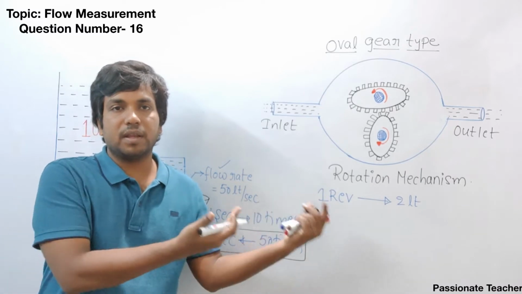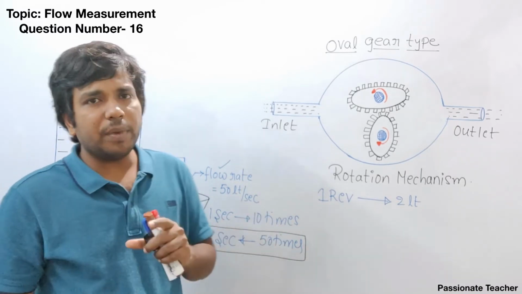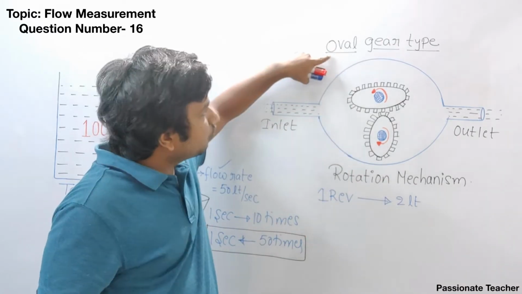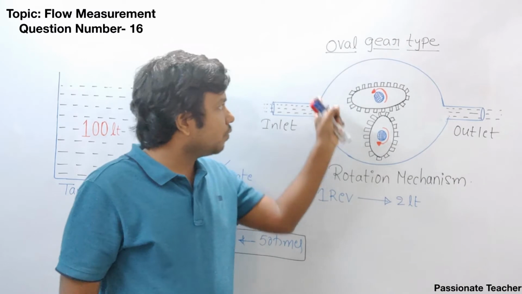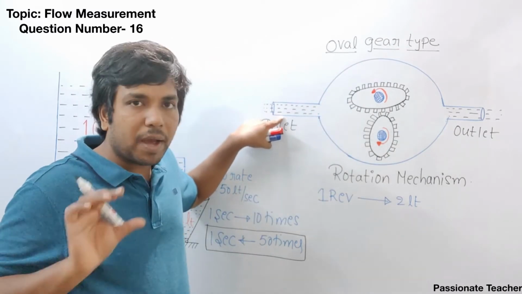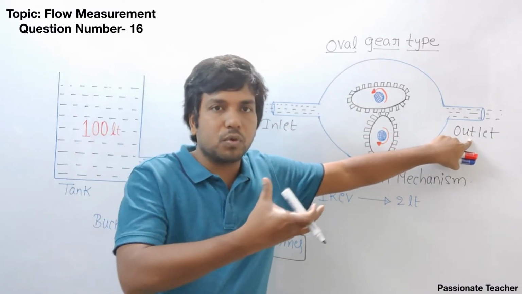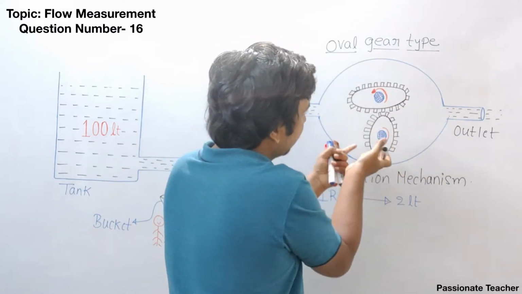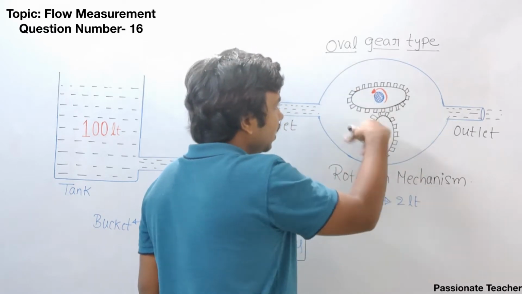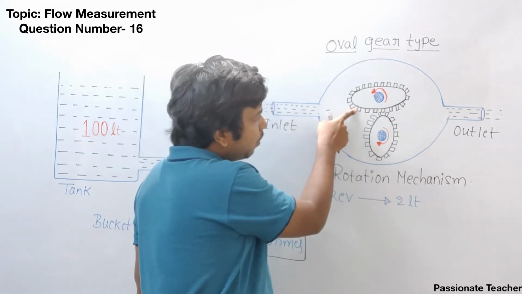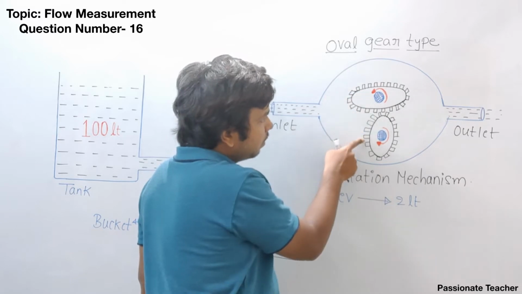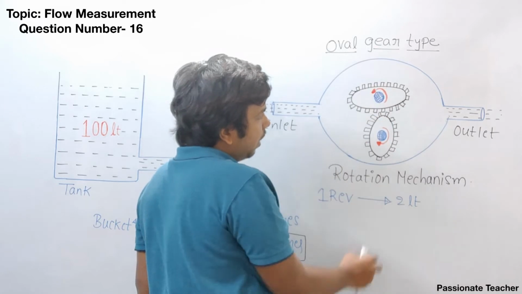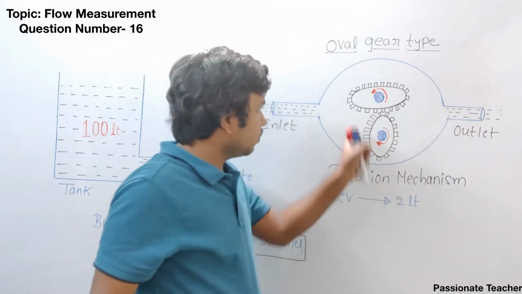Now let us discuss an engineering example. There are so many types of positive displacement flow meters, but let me explain this oval gear type flow meter. If you look at this, here we have the inlet pipe and here we have the outlet pipe through which the fluid is going to come out. In between inlet and outlet, we have a chamber in which a rotation mechanism is already established. So here we have 2 wheels. In fact, these 2 are geared wheels and one is rotating clockwise and the other is rotating anti-clockwise.